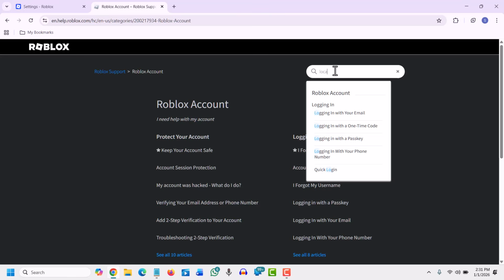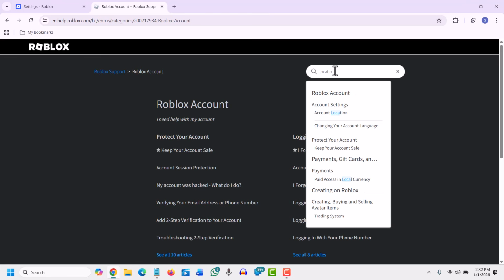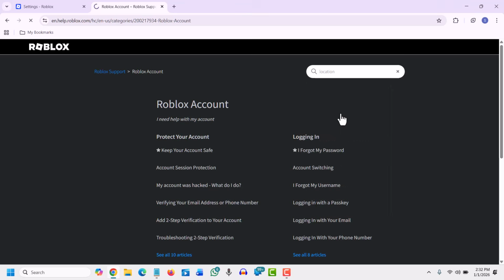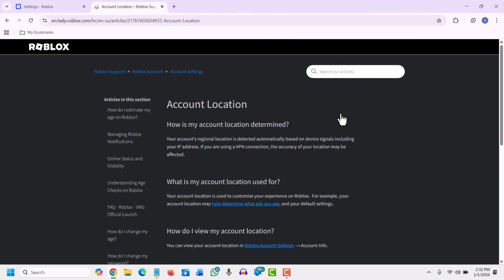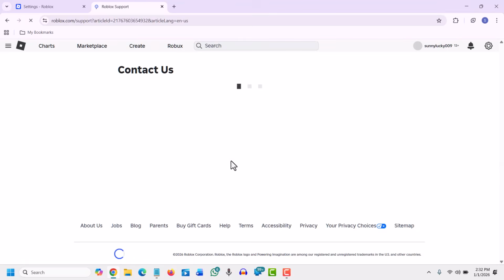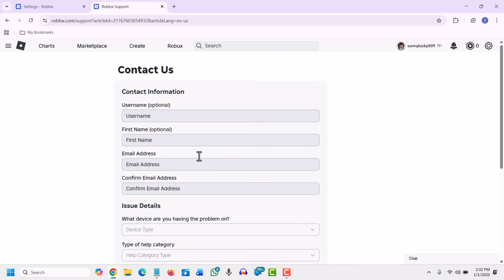In the search bar just type location and then you will find account settings, accounts location. Click on that and then scroll down and here it says, how do I change my account location? Need more help. So here we need to click on the link and it will give you a form where